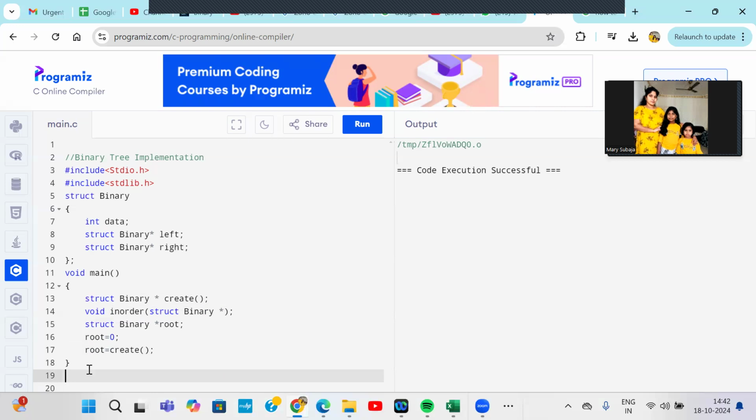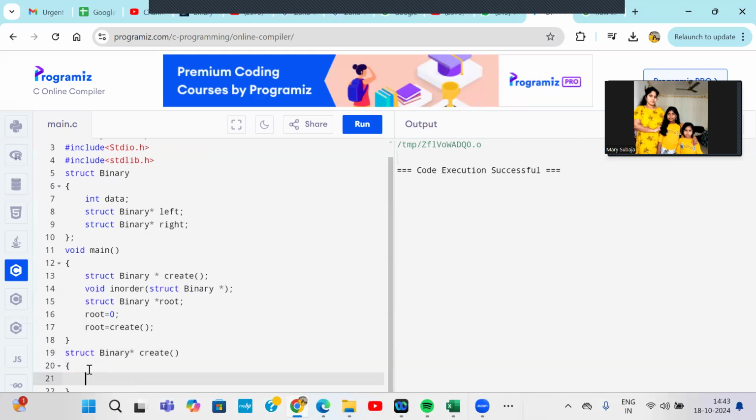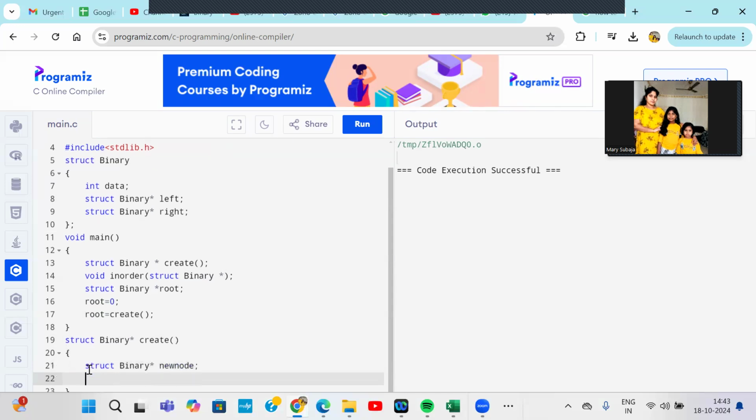First of all, what is the return type of this? Struct binary asterisk create, right? Here I'm going to create a node. So one more object I'm going to use: struct binary asterisk new node, right? Then I'm going to allocate the memory for this new node. That's why we need malloc. New node equal to,